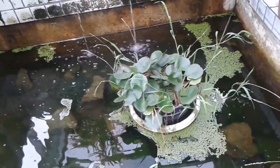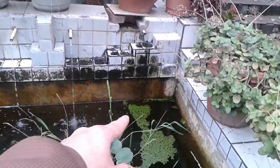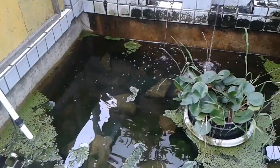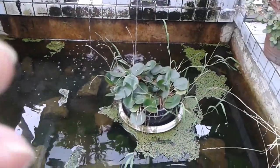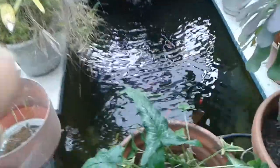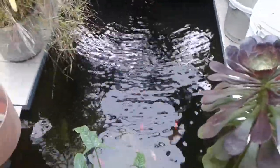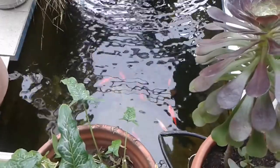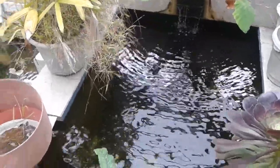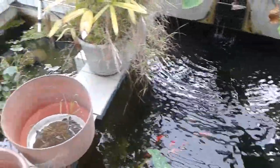This is ideally, I can see some more of the crack, compared to an aquarium. A pond is much better, and it's much more weather resistant. A fish tank this size would cost around $15,000 to $20,000, probably